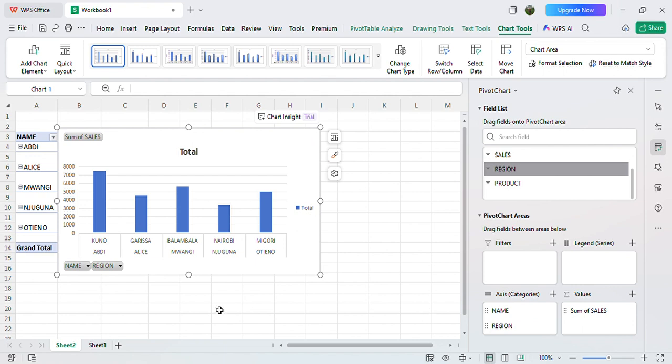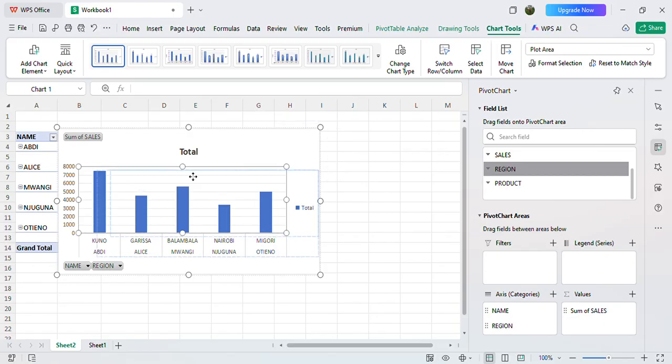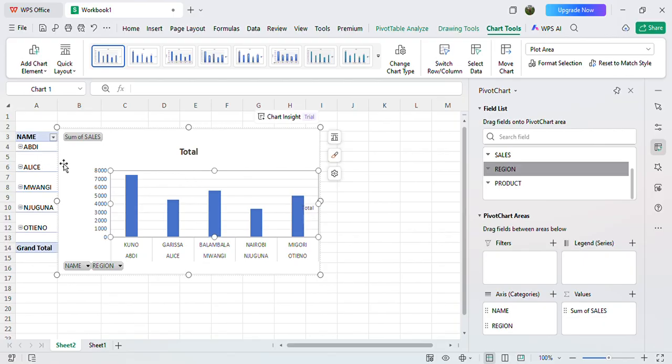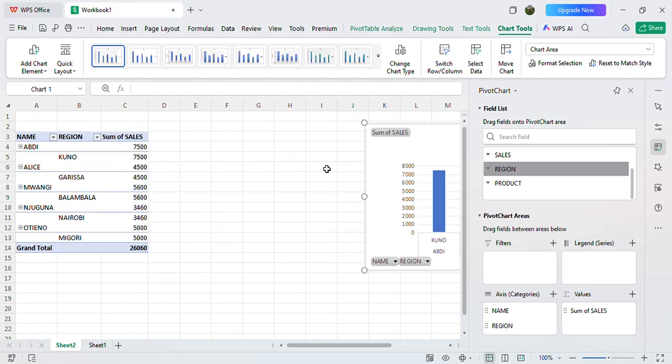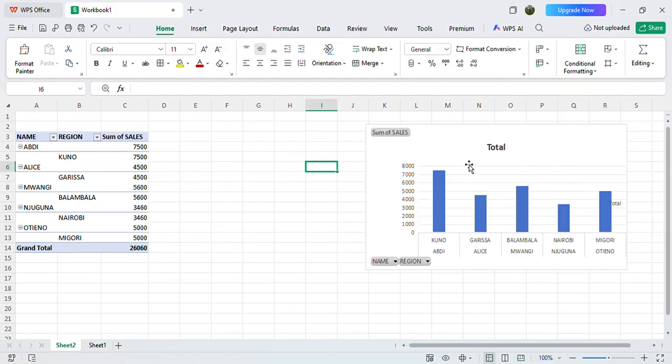So you can see Abdi Kuno in our chart, it has included that. So in terms of chart, we have this.